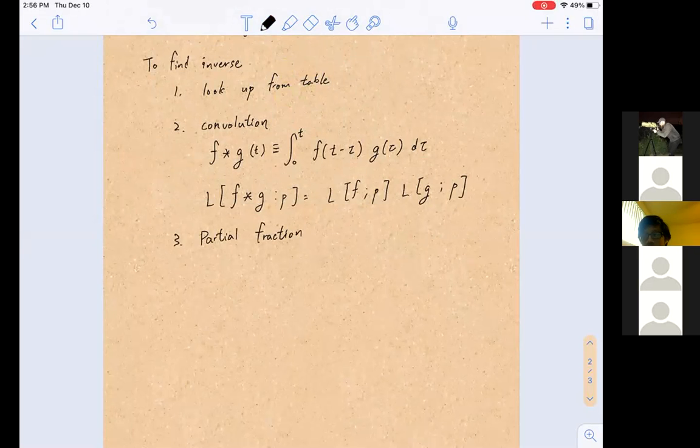So how do we do that? How much time do I have? Oh, boy. Partial fraction is